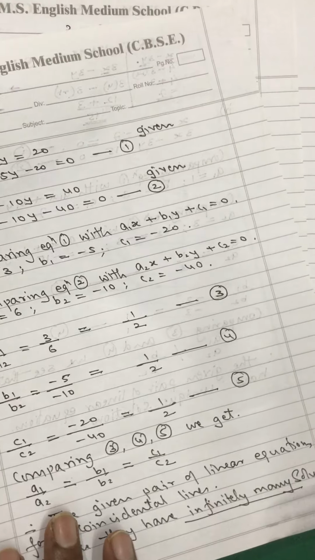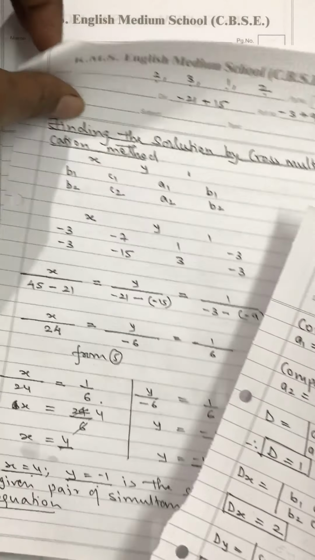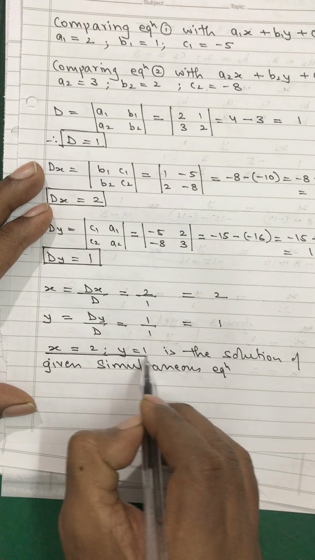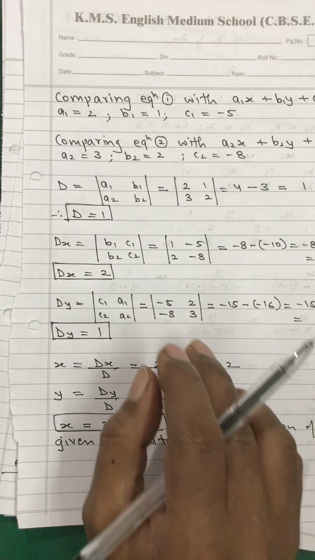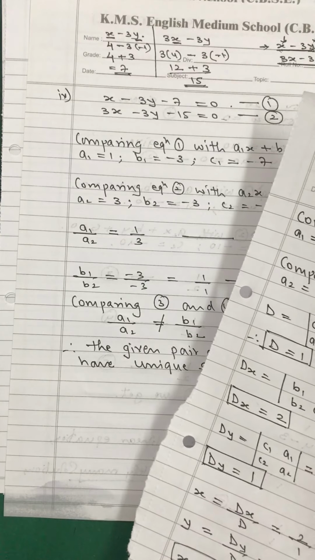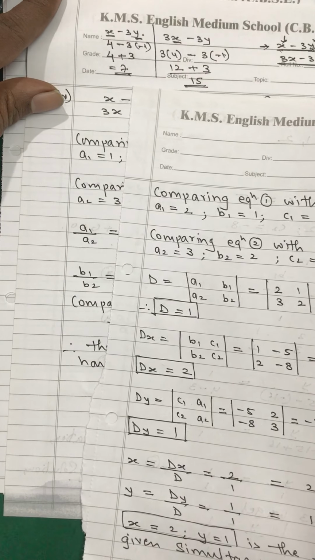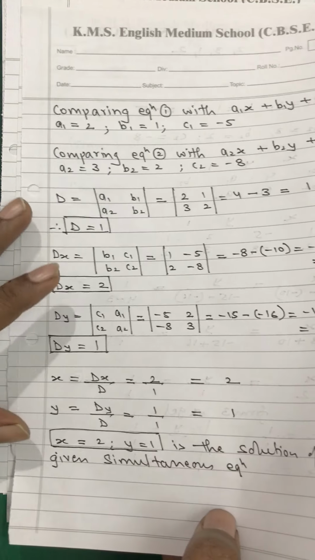Okay, I can do this for your second question also. I just hope I have not missed it. Yes, it is there. Second question, if you will see, these are the values of x and y. x is equal to 2, y is equal to 1. This is the value that you have got of x and y. And what are the questions that are given to you? I hope I am taking the right questions, otherwise again there will be a problem. Okay, fine. See, this is right.